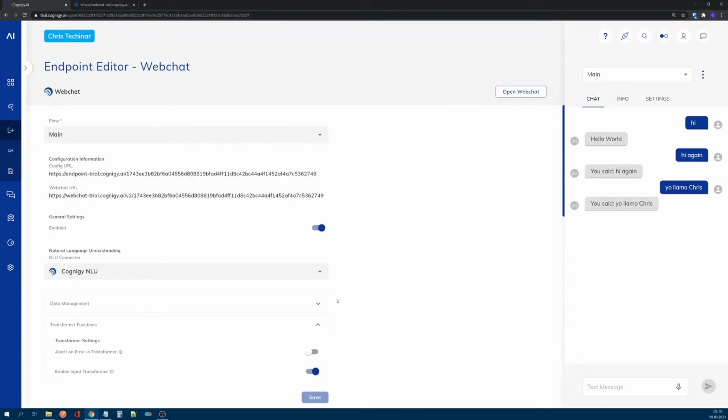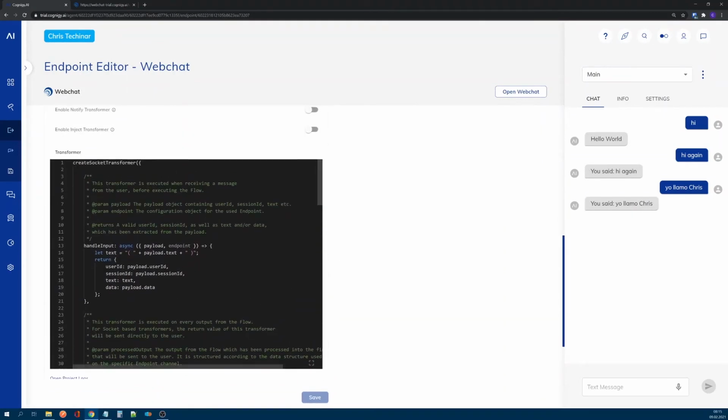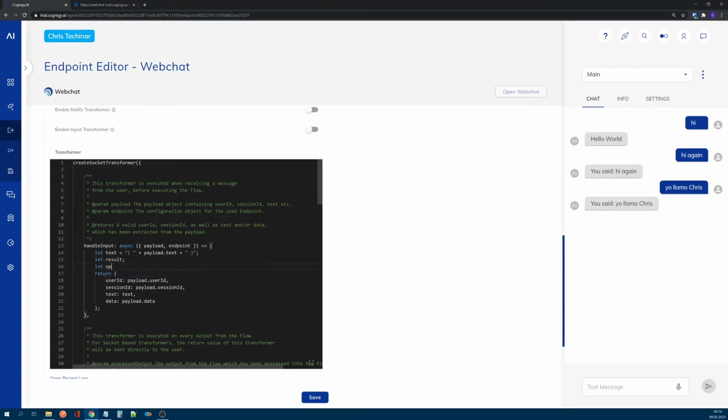And what we are going to do is we will add an HTTP request to the Azure Cognitive Translate API. And for this, let's first define the result object. Let's define the options object.